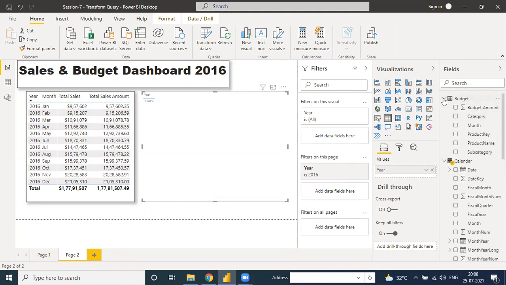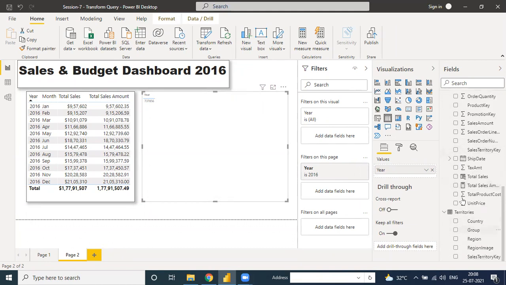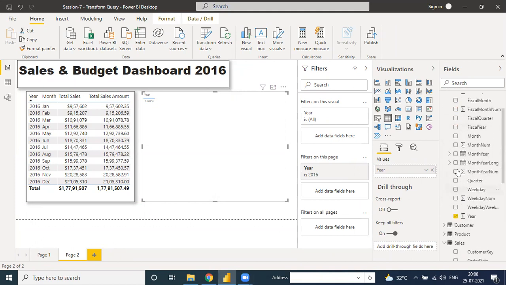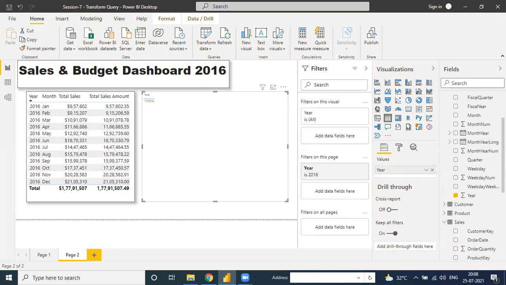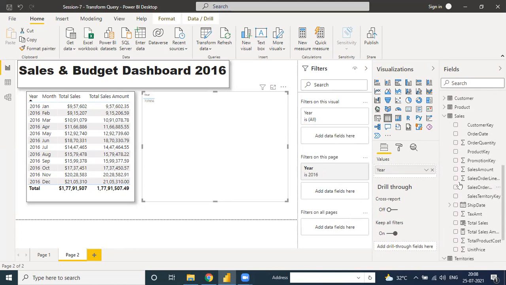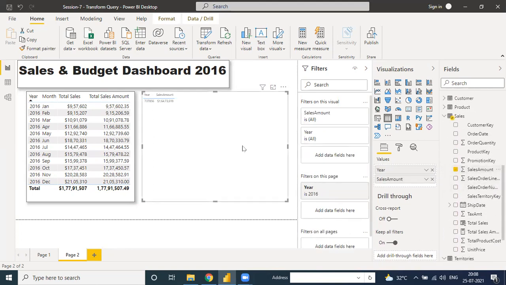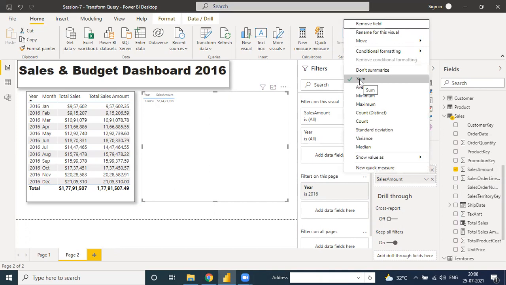And from this, not budget, right now we are putting some sales field. This one under the sales file is an implicit one. When we put an implicit measure, it's automatically doing a sum.